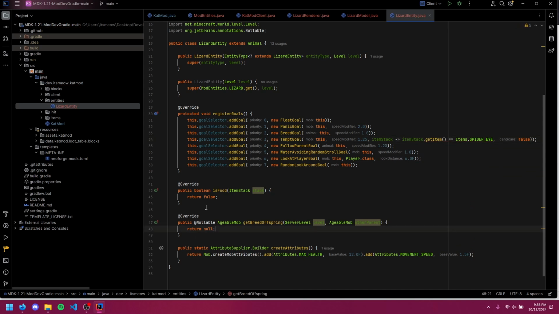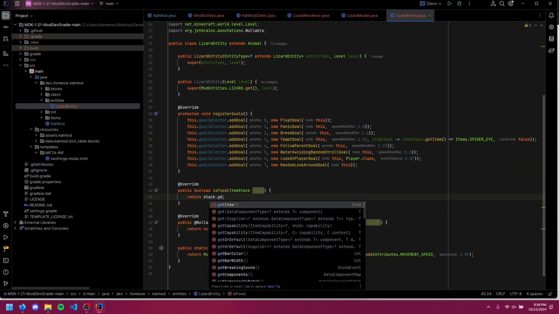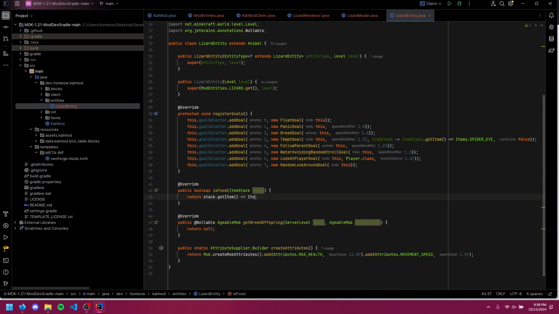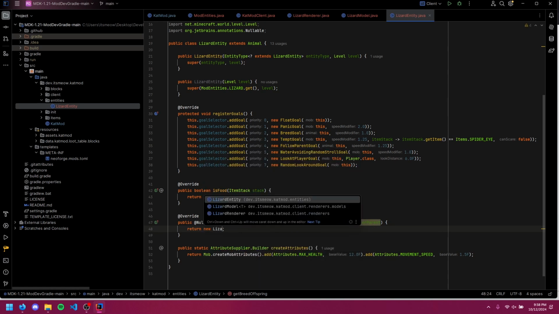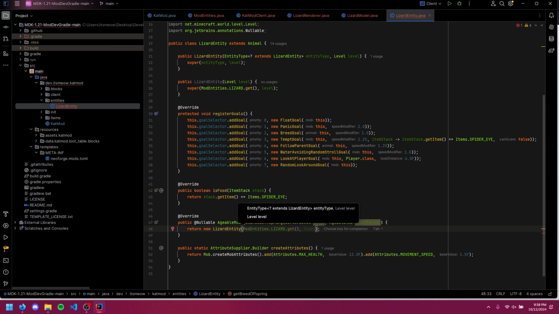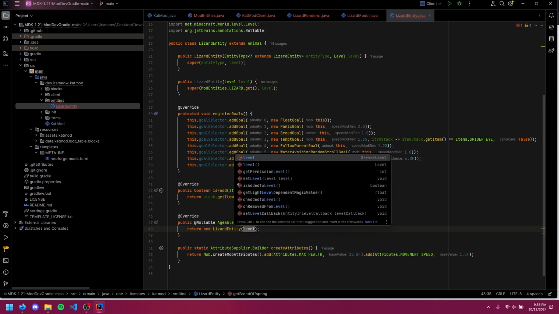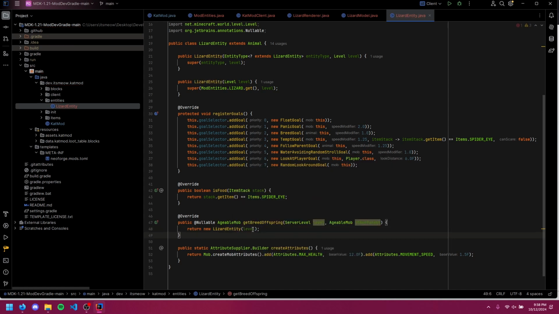So we're also going to change the food to stack.item. We're just going to do spider eye. So right here, this is part of AgeableMob. It lets us create a new lizard when it breeds. So we can just create one here like that, and that should give us a lizard